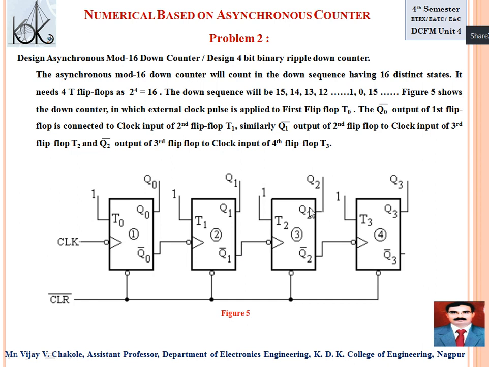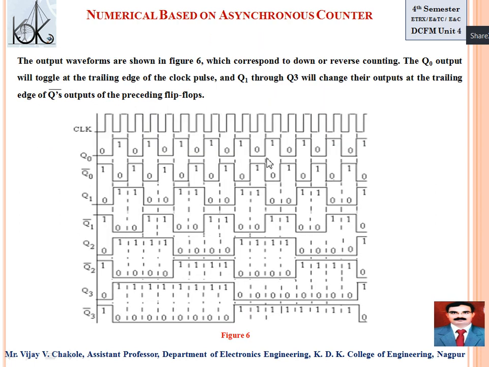Again 1 to 1, this is 1 to 1. This becomes 0 to 0, low level. The requirement is a negative edge, so no change to this one. This is again 1 to 1, this is again 1 to 1, and this becomes 0 to 0. So my next output is 1, 1, 1, 0, right? So whenever the second negative edge comes, my output is 1, 1, 1, 0.